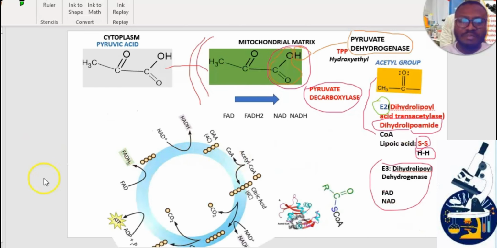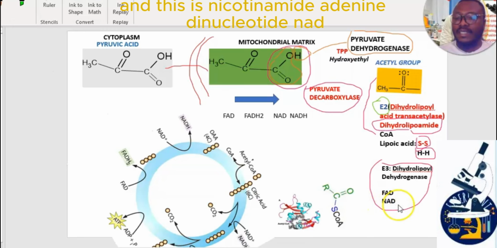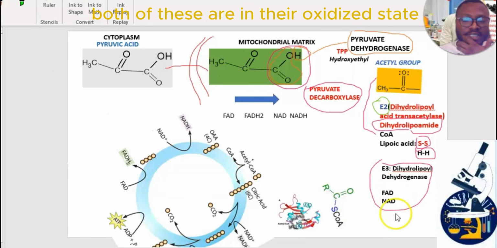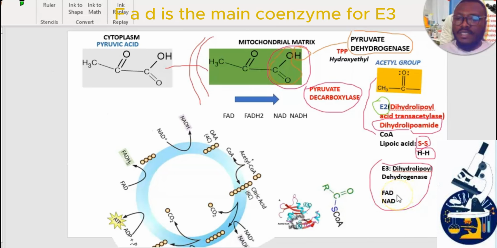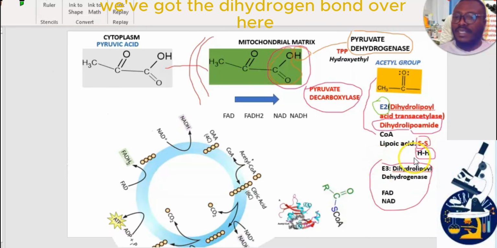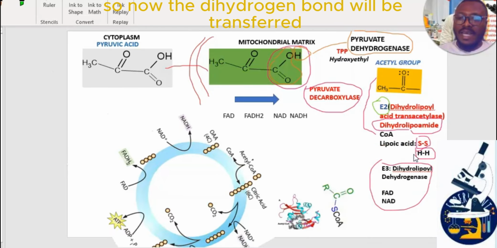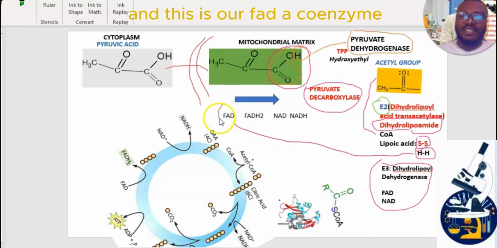Quickly we go back. This is flavin adenine dinucleotide, FAD, and this is nicotinamide adenine dinucleotide, NAD. Both of these are in their oxidized state, which means they are in a state of reception, in a state to receive. FAD is the main coenzyme for E3. Now, when the whole reaction transfers from E2 to E3, we have the dihydrogen bond over here. So now the dihydrogen bond will be transferred in E3 to the FAD, and this is our FAD, a